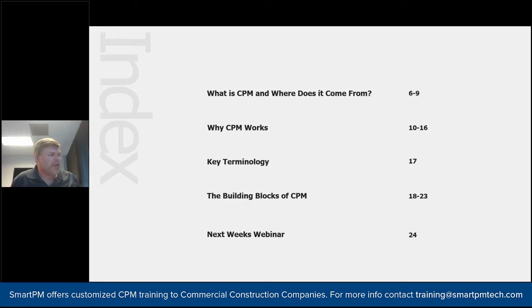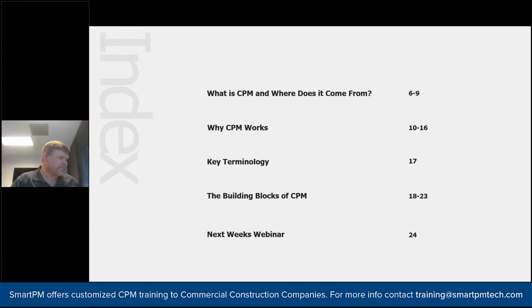So we'll go over the key terminology, the building blocks, and then I'll talk about what we're going to be doing next week. If you have any questions as we go, we've got a team here that's going to be reviewing some of the questions, and they may interject at certain points to ask a question that may seem very relevant at the time or multiple people are asking. So I'll be trying to answer those as best as I can. If we don't get to that today, we will be following up with answers to all questions via some sort of correspondence after this between now and the next